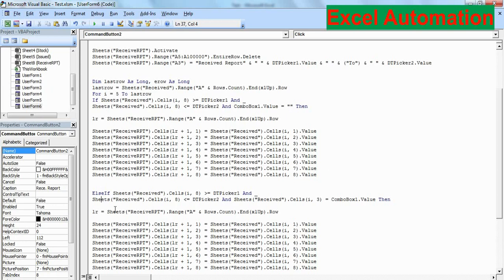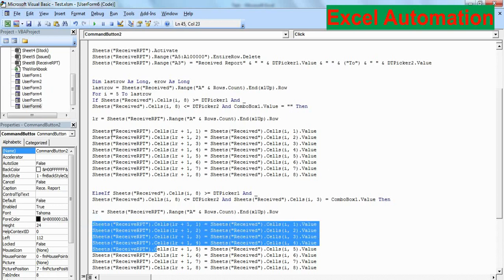Else if sheet receive dot cells I8 greater than or equal to DT picker 1 and sheet receive dot cells I8 less than or equal to DT picker 2 and sheet receive dot cells I3 is equal to combo box 1 dot value, then. This part of the code is similar to what we have used here, only we changed the condition.